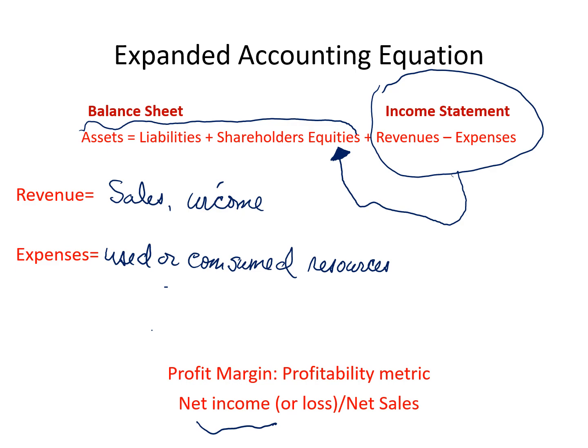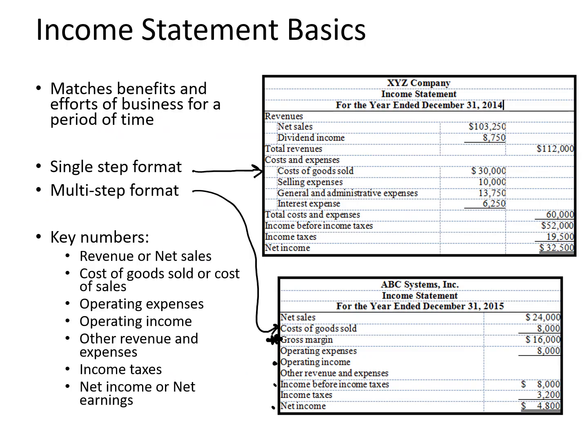More on that soon. So here's some basic income statements. There's two basic formats. There's something called the single step, where all the revenue is together and all the costs are together to come up with income before income taxes, income taxes and net income. Or you can use what's called the multi-step, where you divide up the expenses or the costs that pertain to